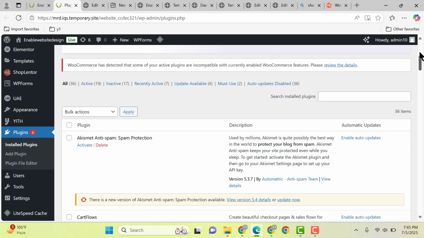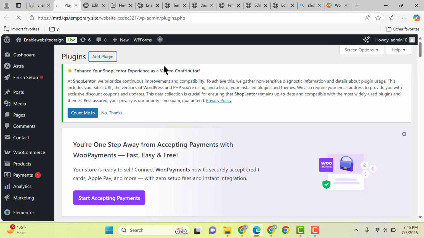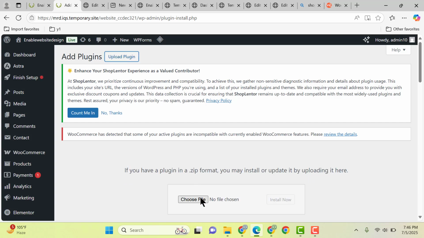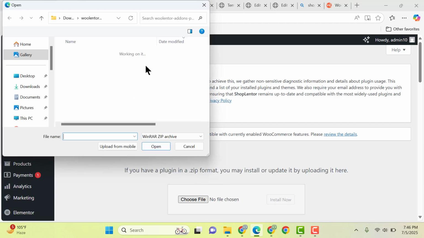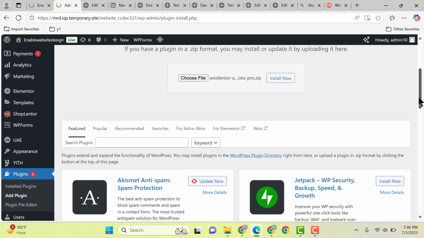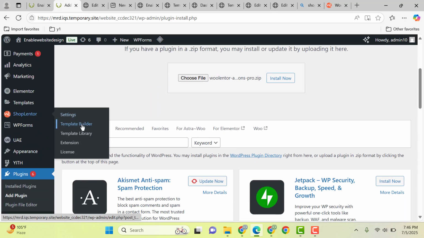So now let me go here and click on add plugin. Then you can upload the plugin file from here. So now let me select the plugin file, this one, and click on open, then install it. So after installing and activating this plugin, you can go back to the template builder,